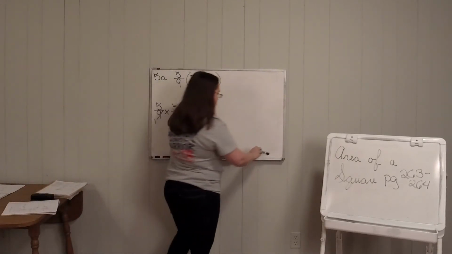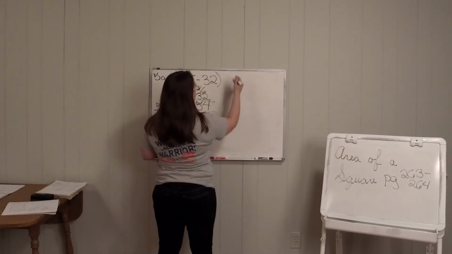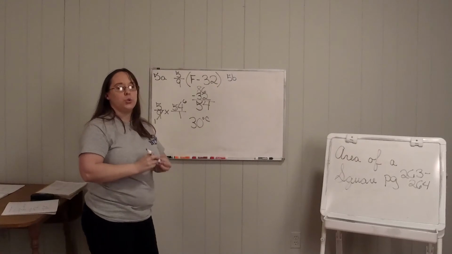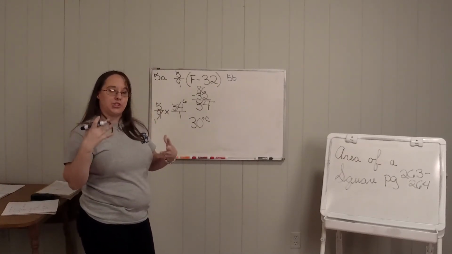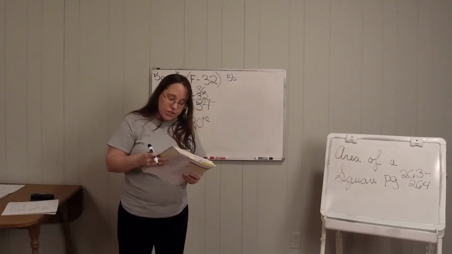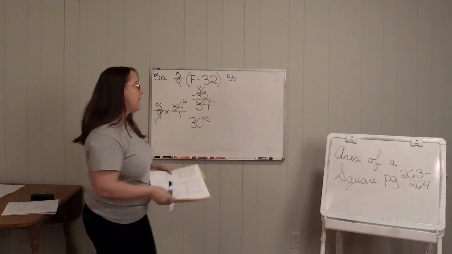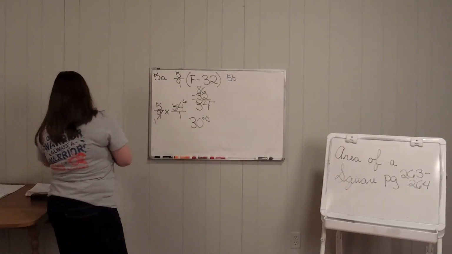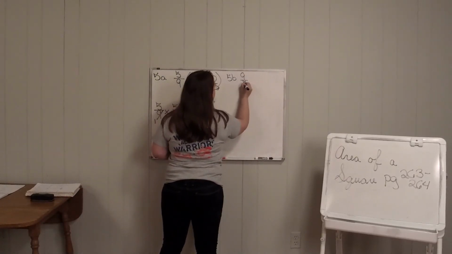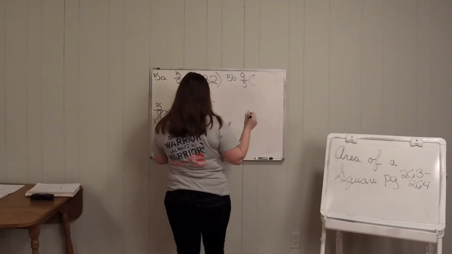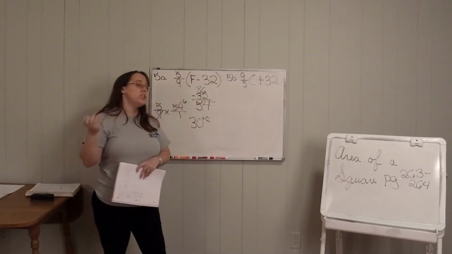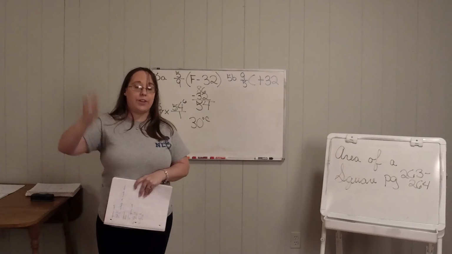Okay, let's look at 5B. I'm going to do them both on the same board so you can see the difference in the 2 formulas you have to use for temperature. Okay? So B says 10 degrees Celsius equals what degrees Fahrenheit? So you're going to flip the fraction, 9/5 times Celsius plus 32. When you're adding that 32, you know you should be going to Fahrenheit, because Fahrenheit usually is a